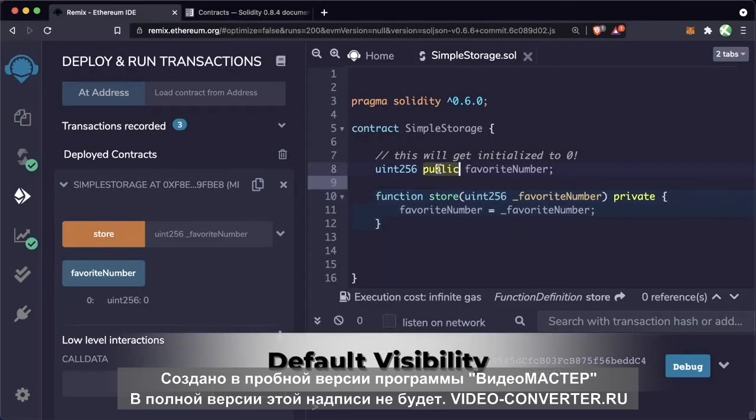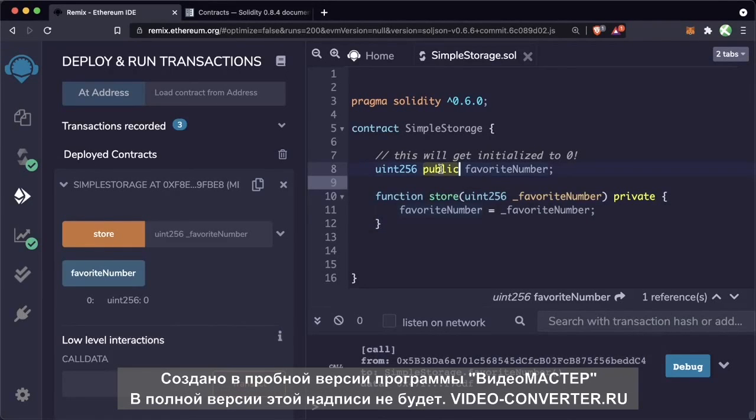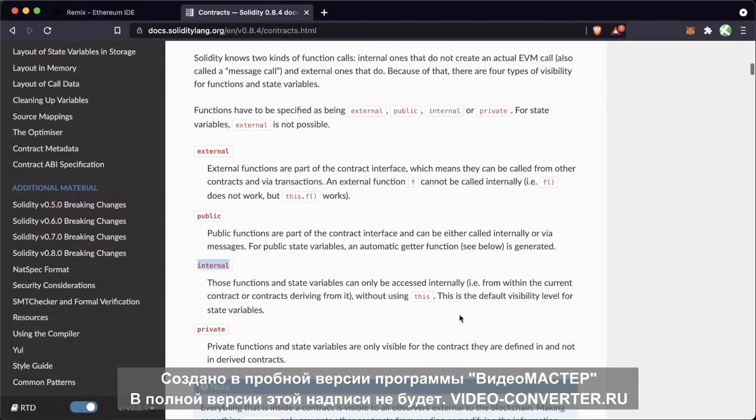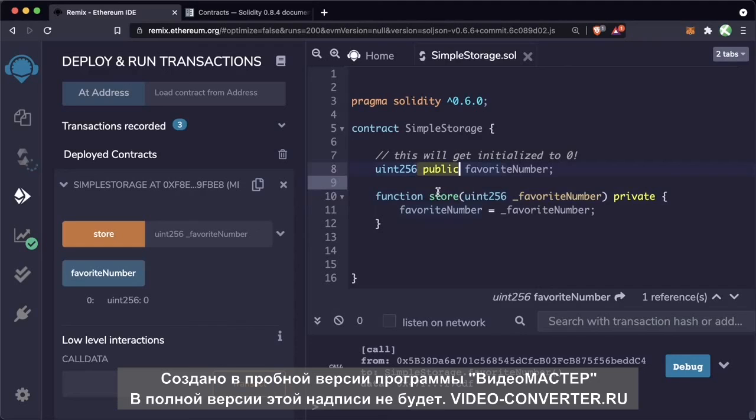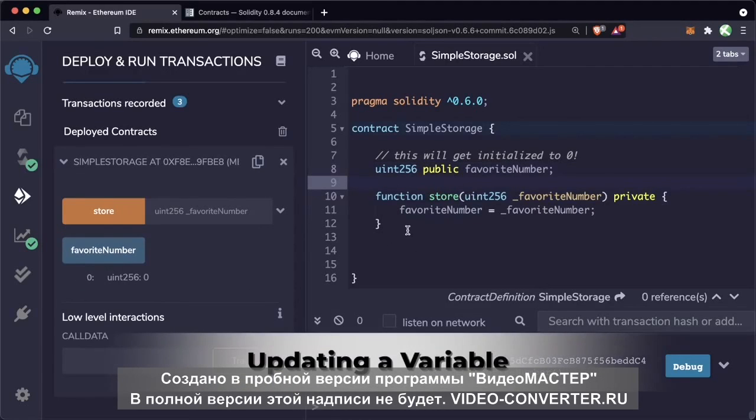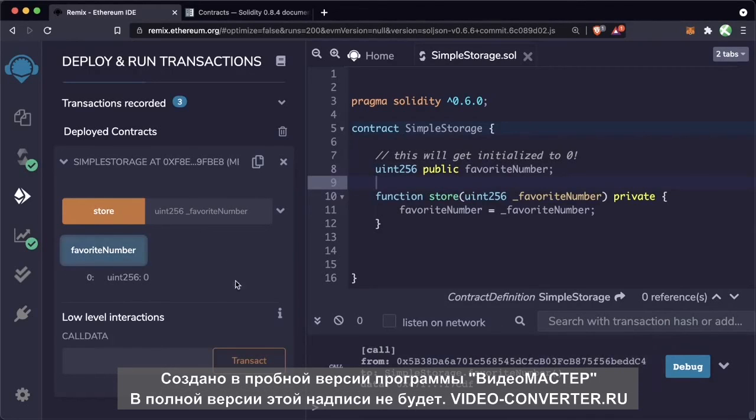Now, the reason that we didn't see favorite number show up in our original contract deployment is that if we don't give a state variable a visibility, it will automatically get set to internal. So if we want other people to be able to read it, we have to change it to public. Now, let's see how this interaction actually works. If we hit the favorite number button right now, we'll get this